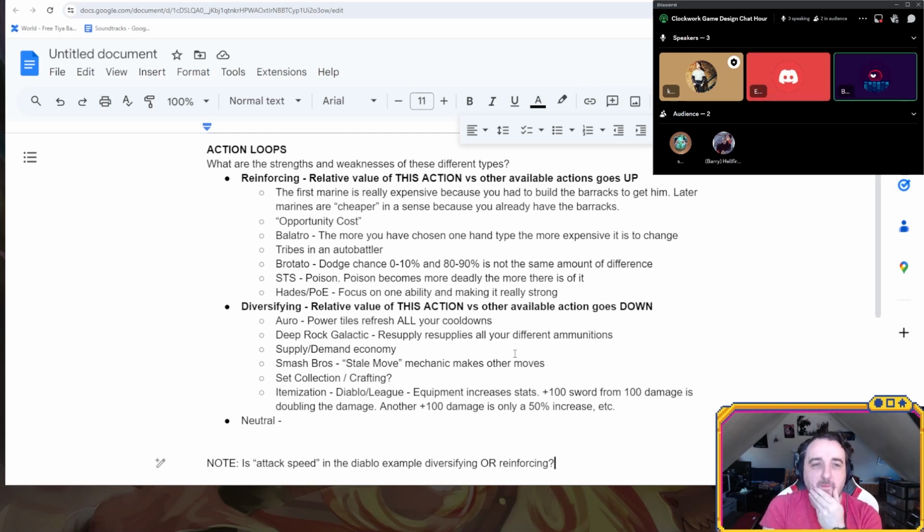I think maybe the way I would explain the Diablo example would be to say you have a game with cooldowns or whatever, so you're basically going to be doing all your different actions at some general set amount.